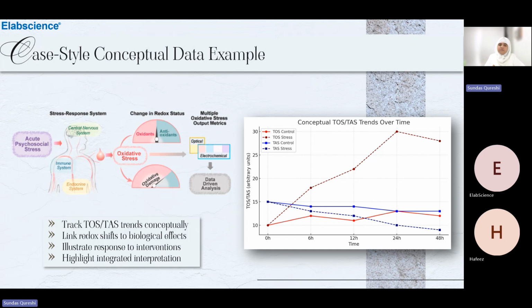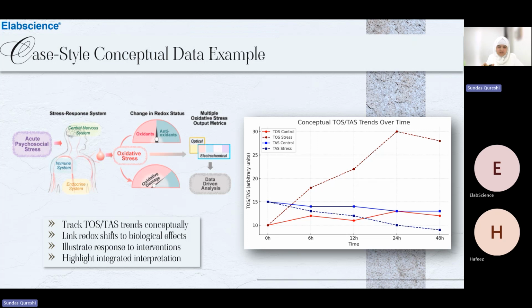Here, you can see a conceptual example showing how TOS and TAS change over time under stress conditions. For example, in the control group, both the oxidant and antioxidant levels remain relatively stable, reflecting balanced redox homeostasis. Under the stressed conditions, total oxidant increases steadily while the antioxidant capacity decreases, indicating a shift toward